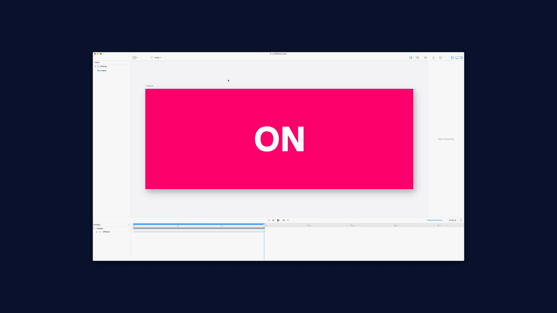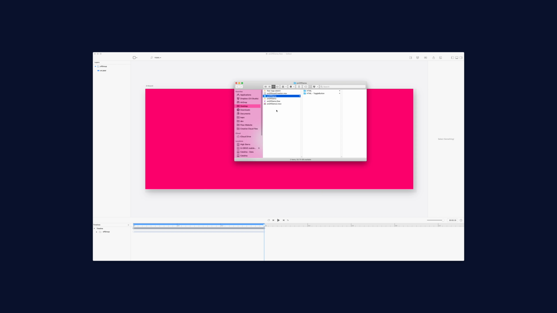So I'm going to just export this to a toggle button. I'm going to hit export. There we go. We're going to open that folder. We are going to go into the toggle button, timeline. The first thing we'll do is open that up. Now we're going to click,